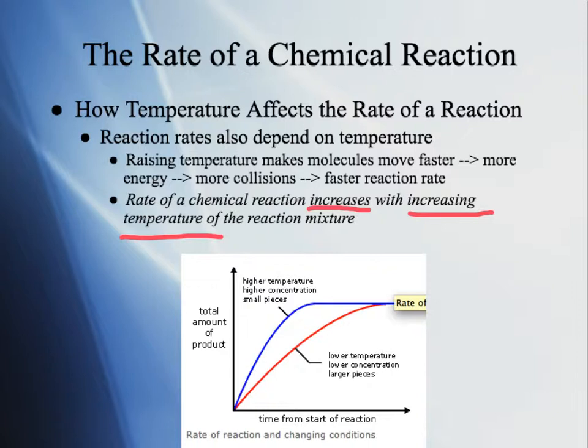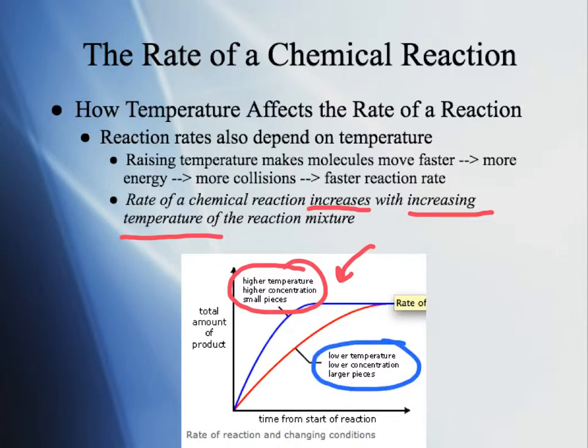Okay, so if you increase temperature, the reaction rate is going to increase. And again, you can see the same kind of picture here in the graph, where we've got higher temperature versus lower temperature right here. So the higher temperature is going to yield more product quickly than the lower temperature ones. In fact, this graph shows all three